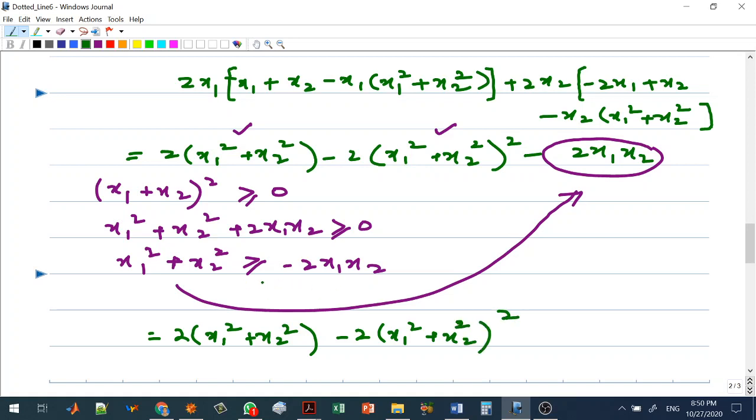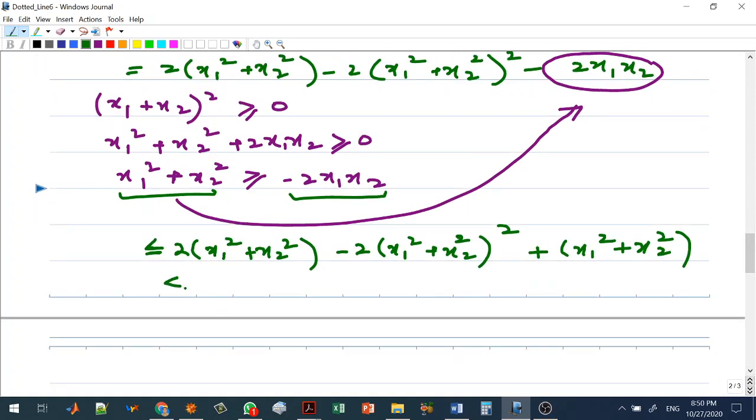And since this quantity x1 square plus x2 square is greater than or equal to minus 2x1x2, it means that we are going to add a bigger quantity than this quantity in this, and therefore this equality sign over here is going to change to a less than or equal to, because now we are adding a bigger quantity than the original quantity over here. So we add like this. Okay,